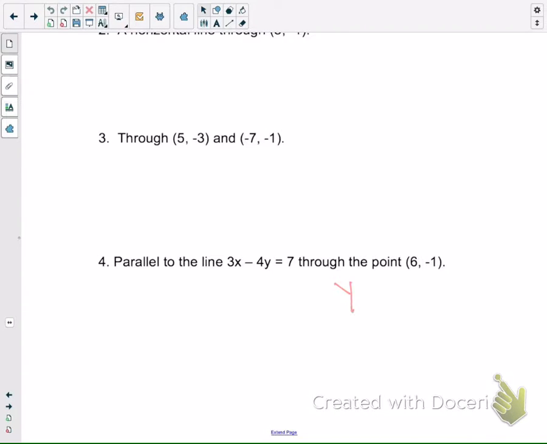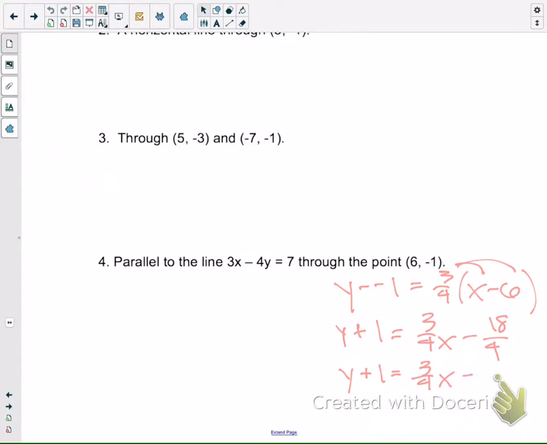Okay, so we had y minus negative 1 equals 3/4 times x minus 6. So we would have started this by 2 negatives, make a positive here, y plus 1, and then distributing your 3/4. So you can reduce here, or you can reduce later. It doesn't matter. Some people would have kept the 18/4 and subtracted your 1, which is totally fine. You're just going to get a common denominator of 4 instead of 2. Or you could have reduced it here and made it 3/4 x minus 9/2. And then when we subtracted 1, made it a common denominator of 2. Either way, we should have ended up with 3/4 x minus 11/2, which I would have been okay with